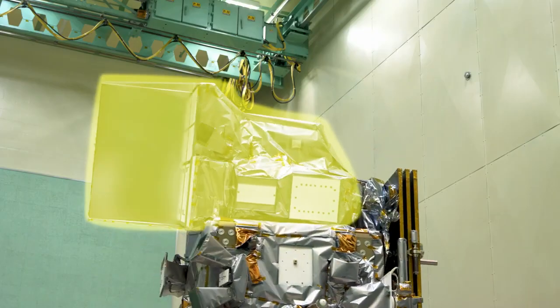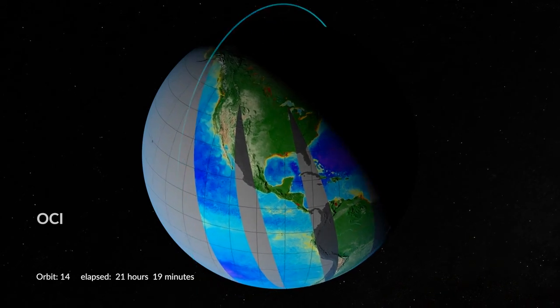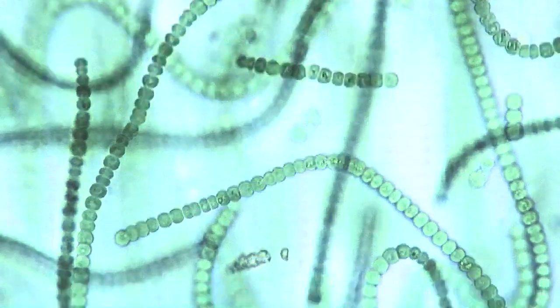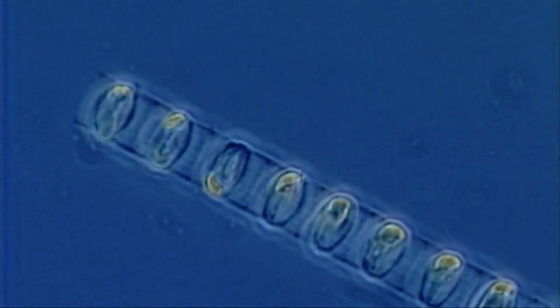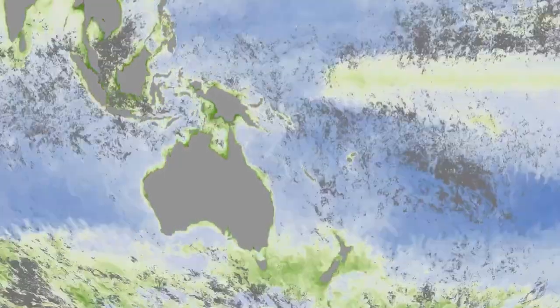PACE's flagship sensor, the Ocean Color Instrument, or OCI, will cover vast swaths of the ocean, measuring concentrations of photosynthetic pigments, allowing researchers to decipher the different types of phytoplankton. With an instrument like OCI, where you're measuring this full spectrum of color, all the colors of the rainbow you can imagine, we can start teasing apart the species and the different functional groups and different communities that exist. The data from PACE will help define those communities, allowing for clearer connections within the reservoirs of the carbon cycle.